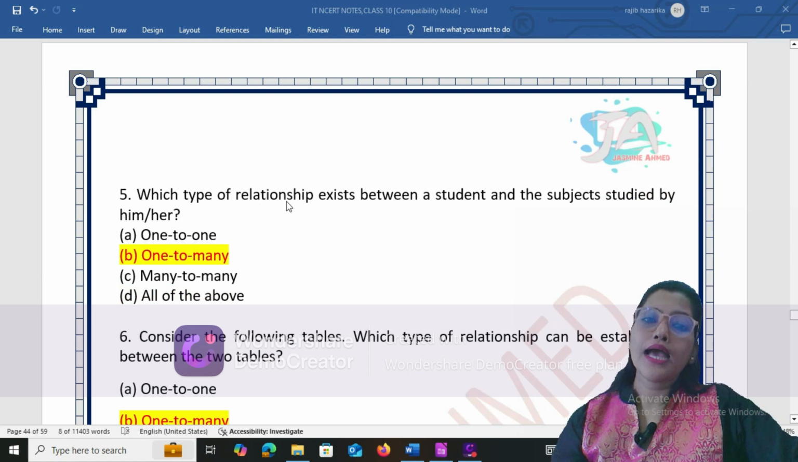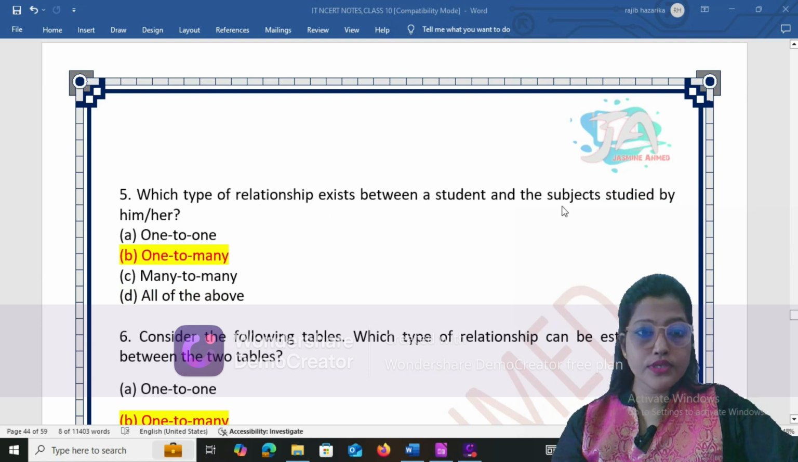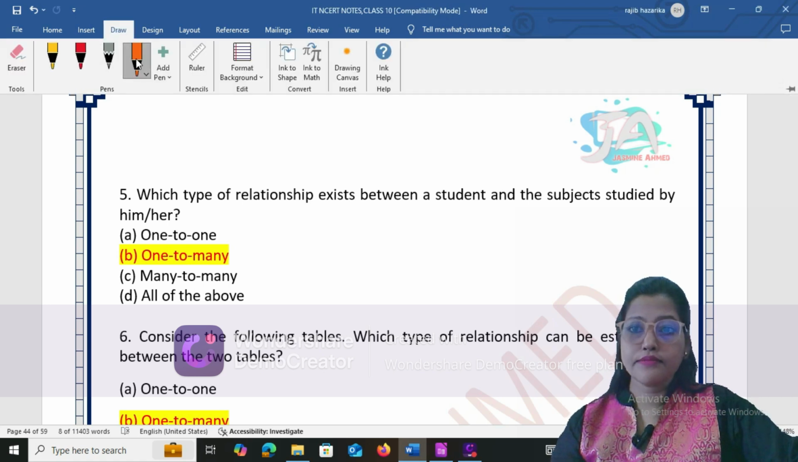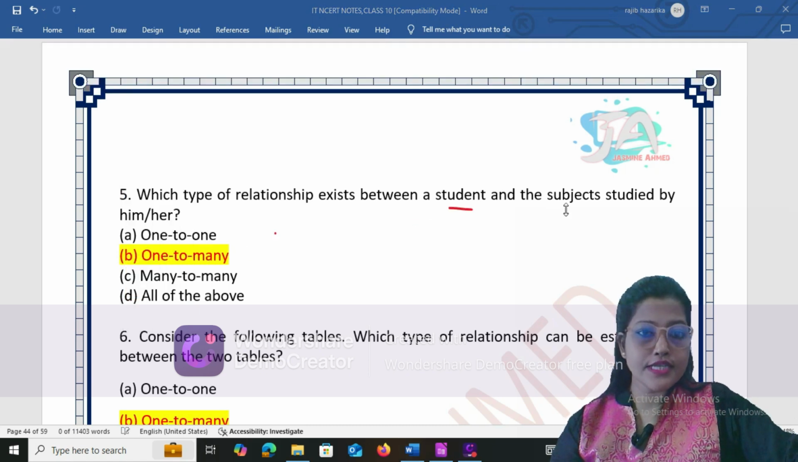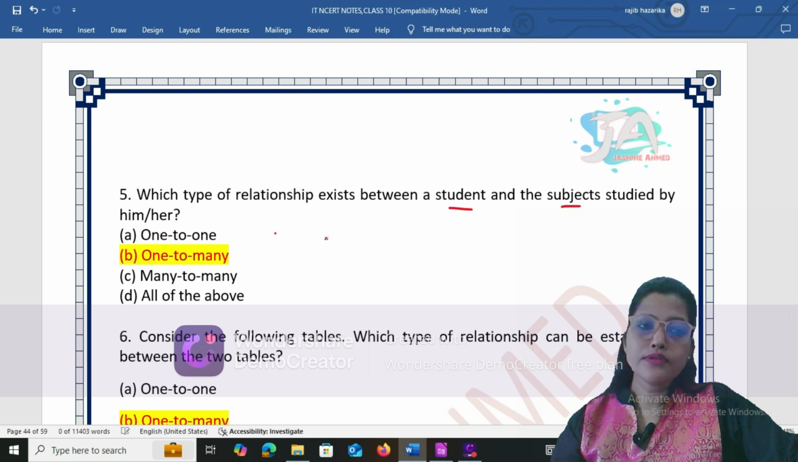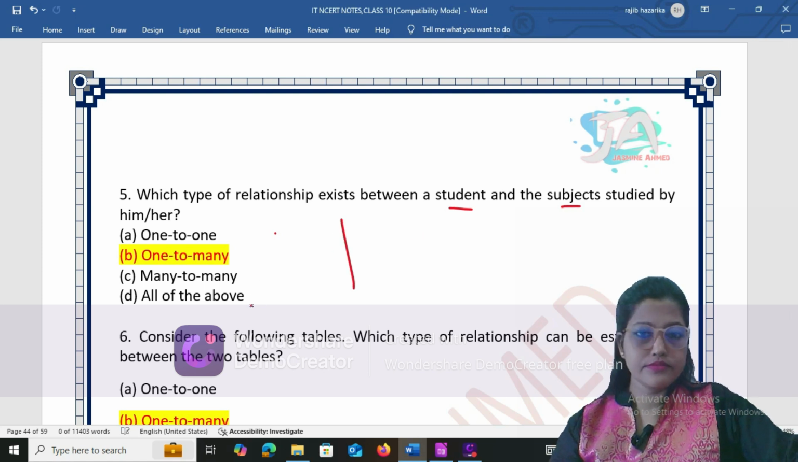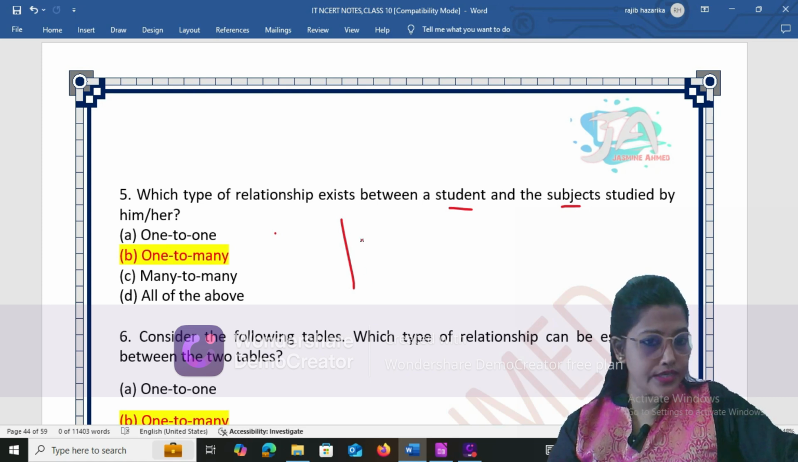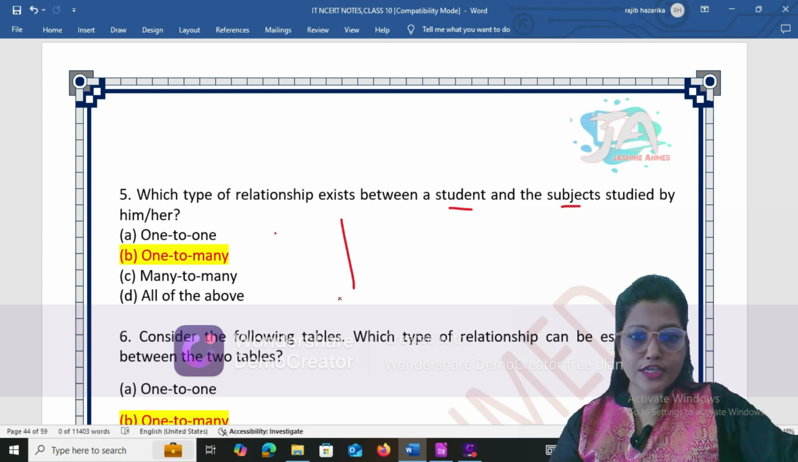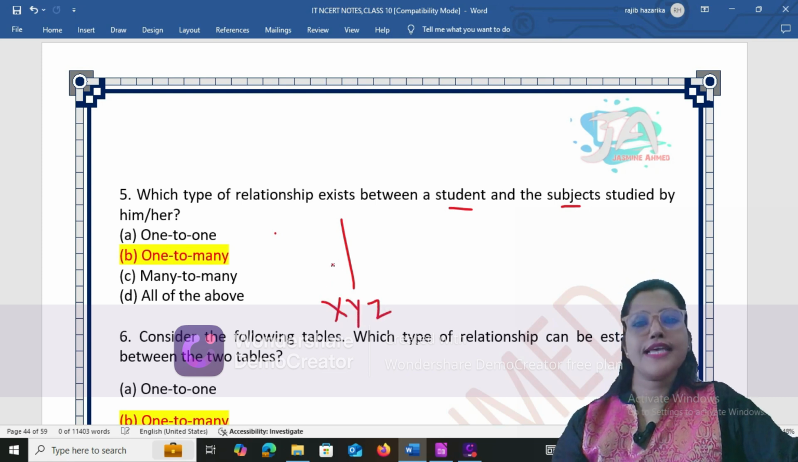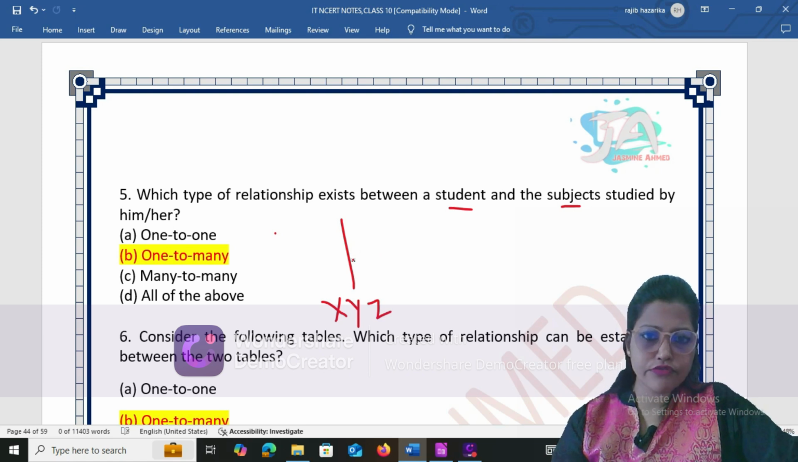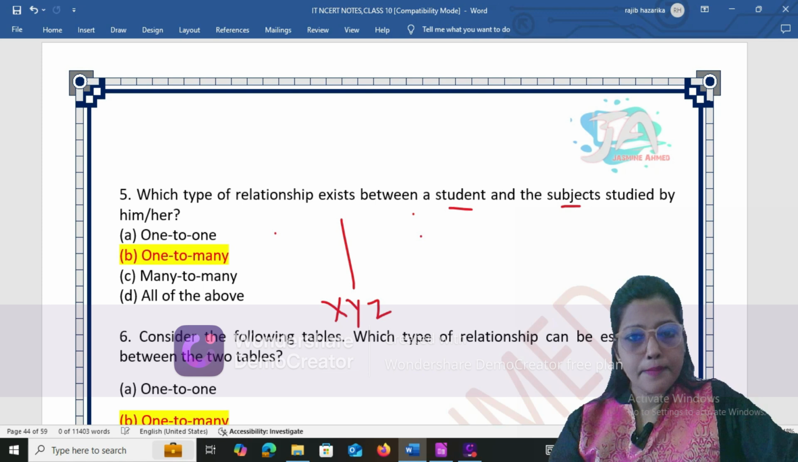Now, which type of relationship exists between a student and a subject studied by him? So let me define it with an example. A student and a subject. For example, this is a student. This particular student, for example, the name of the student is XYZ. X, Y, and Z. This XYZ student will have many subjects, for example, science, then math, English, Hindi, IT,